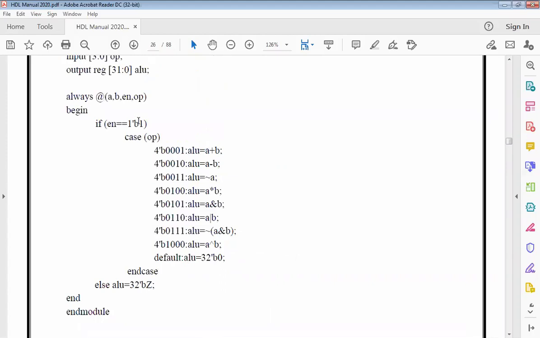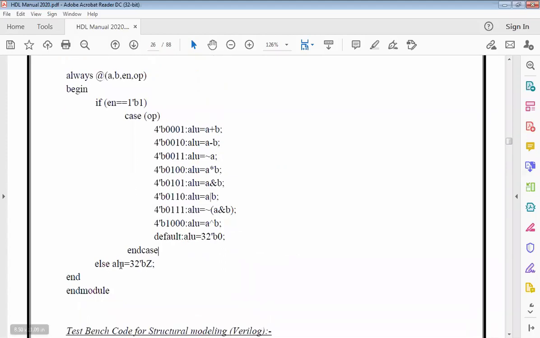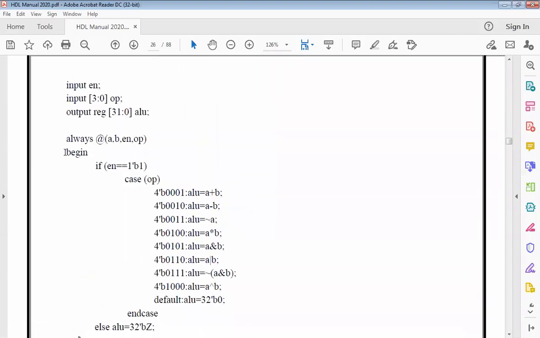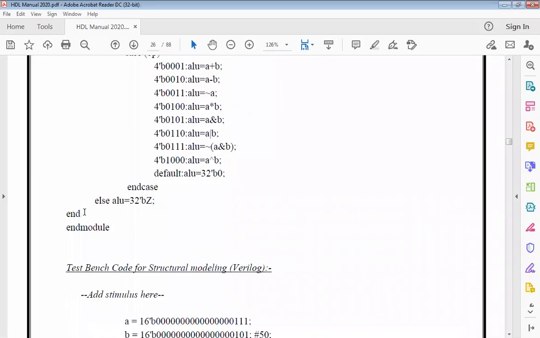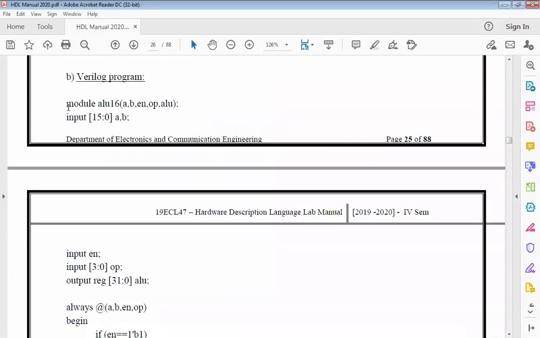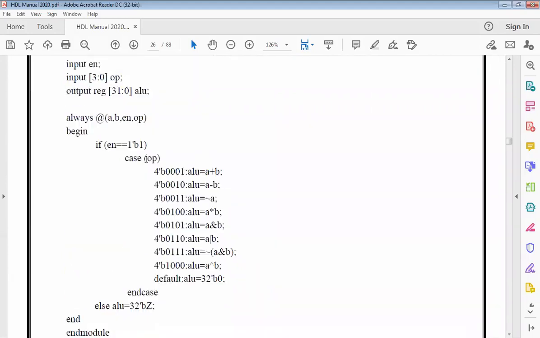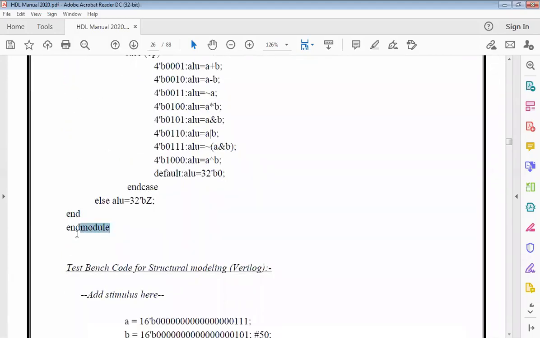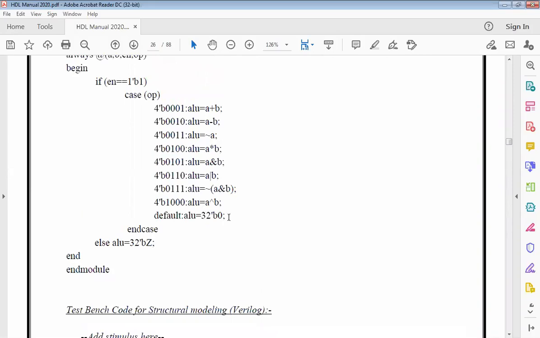So I started the case, end, then another case for ALU, 32-bit, binary, and I'm going to give a Z, which is high impedance. Then I end, because I had used a begin here. Module was started here, module ALU, so I'm going to end my module. Remember, end module, you're not going to use a semicolon. For end also, you're not going to use a semicolon. Provided here and all, you're going to use a semicolon.